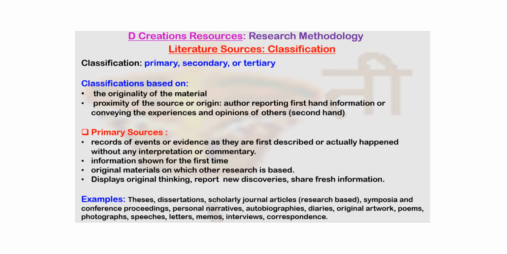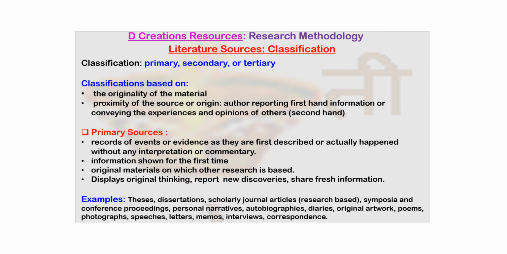We are looking at different aspects of research methodology, and today let us talk about literature sources. You can classify the literature sources as primary, secondary, or tertiary. And literature review, of course, is one of the most important steps for any research, and we'll also be talking about its role in the research proposal.